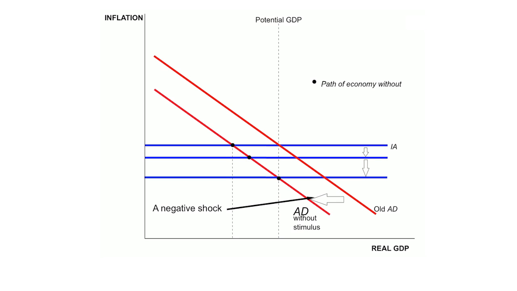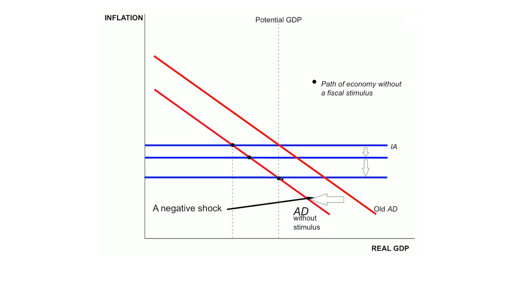You're basically going to move over to the left, first of all, to the intersection of the new red line at the original IA line. And that's going to eventually bring the economy back to normal as the IA line gradually falls over time. Interest rates will fall and the economy comes back to normal. Potential GDP again at the last point in the picture. So again, you're starting off here, you move over to that point to the left, and then you move down to the point here, which is basically back to full employment, or where real GDP equals potential GDP.